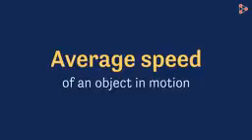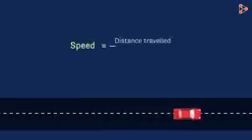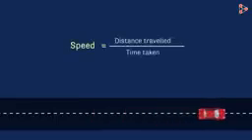We have already seen in our previous video what average speed of an object in motion is. Let's understand it one more time as this is an important concept. First of all, how will you define the speed of an object moving along some path? The speed of an object is the distance travelled by an object over the time it takes to complete that